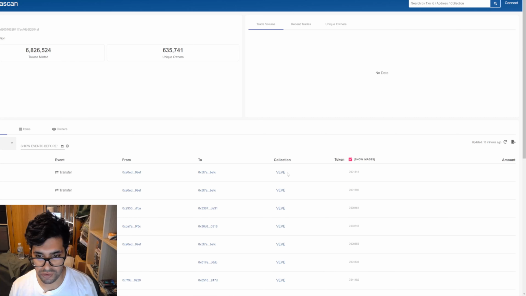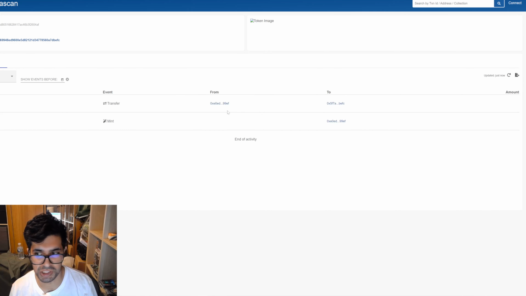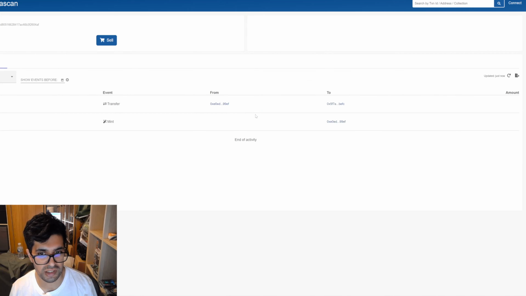Now with these tokens, these fall under VeVe. If we have a look at a transaction, we can see here we have a token ID. We've got the address from, address to, type is ERC721 as we know, and then the address for VeVe, and that's pretty much it. Now the issue is people come to this and they say, hey, I've got this token ID, why can't I see anything? It doesn't make sense. What's going on?